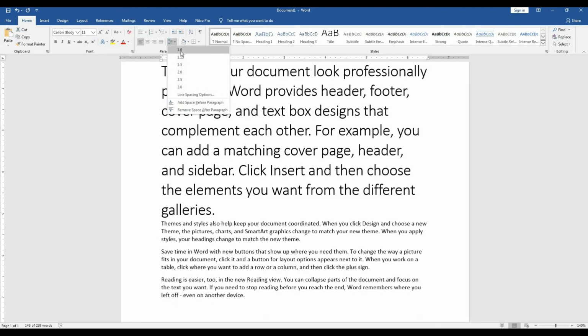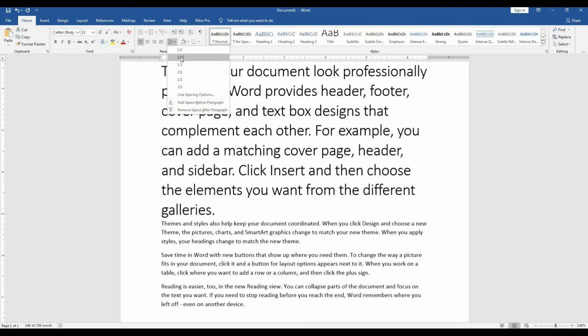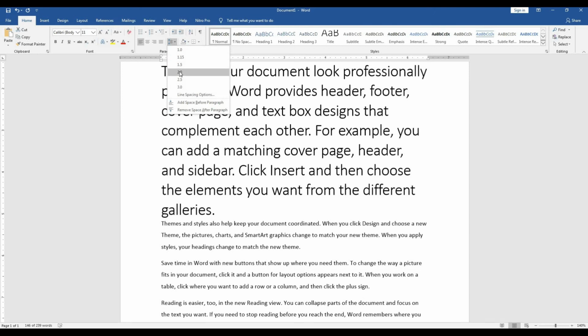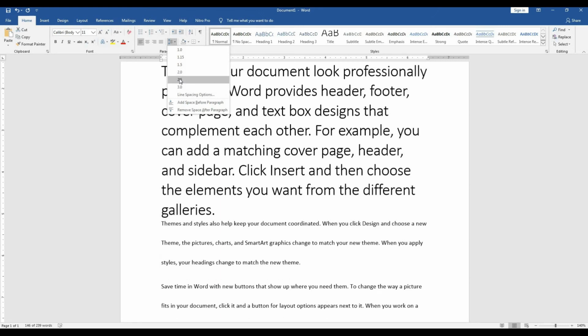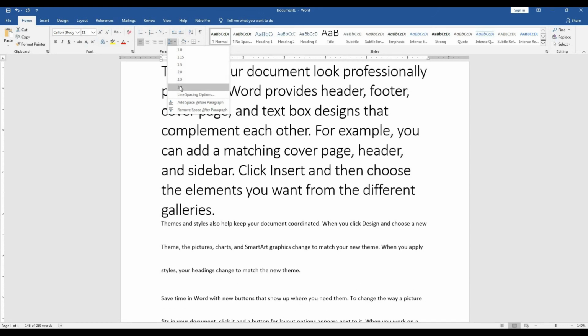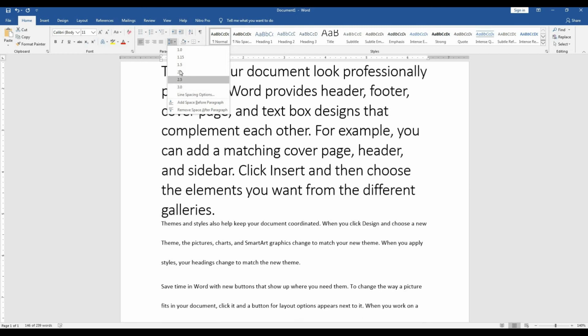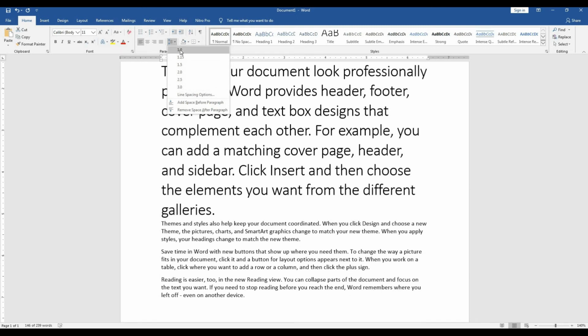You can select any one of them as per your choice. The default line spacing is 1.15. I am going to choose the 2.0, and you can see the difference in line spacing. Now 2.5, now 3.0. You can select any one of them as per your requirement.